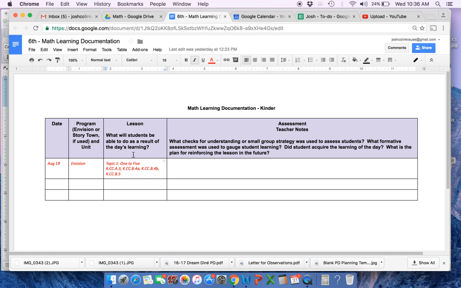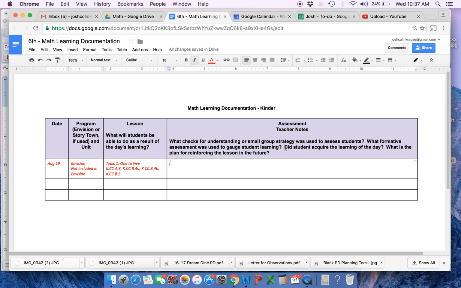But there's an opportunity for her to note the date, the program, if there is a program, and if there's not, then I think I would just type something like not included in Envision, or the like, whatever the terminology is that you want to use. Some sort of indication of what the lesson is, what the day's learning is all about, and lastly, an opportunity for you to note what checks for understanding you're using, or small group strategies, what formative assessment to gauge student